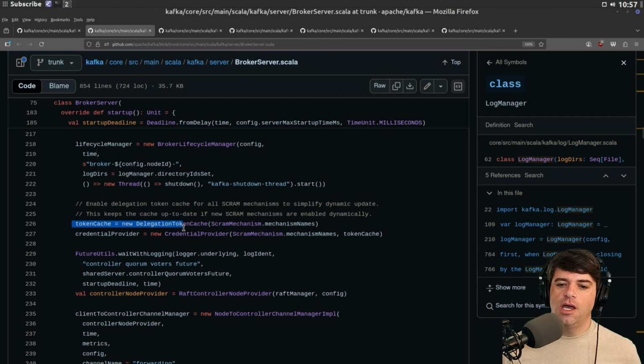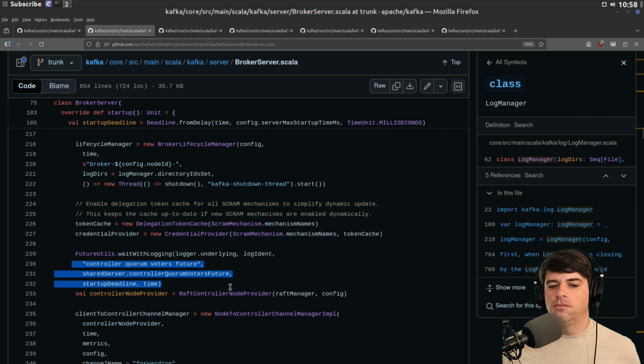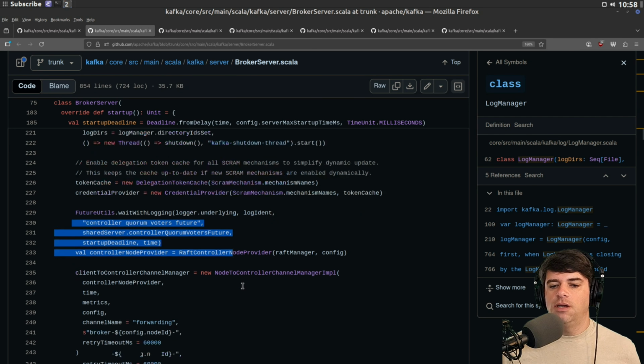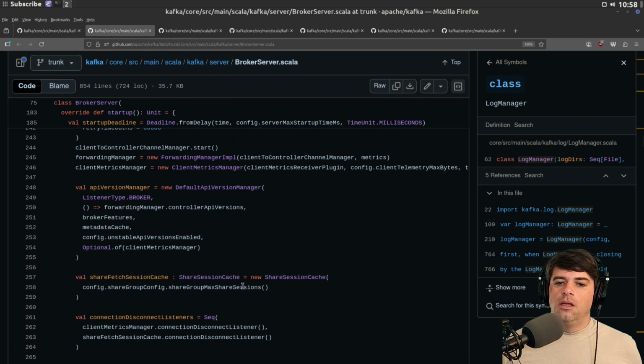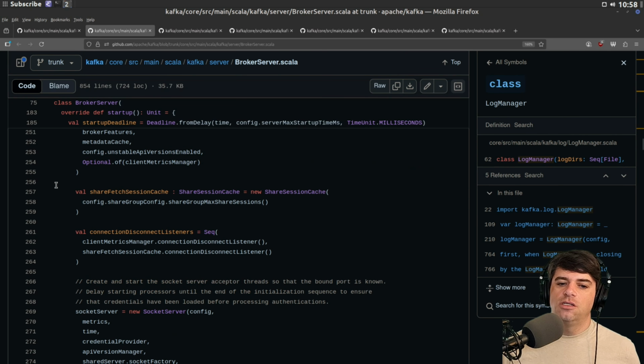And then we have the token cache. Enable delegation token cache for all Scram mechanisms to simplify dynamic update. Whatever that is, man. And some futures. We're basically waiting for some logging stuff. Controller quorum voters feature. All right. And some API version manager, some other more caching stuff with listeners,